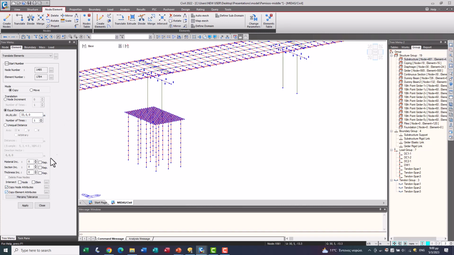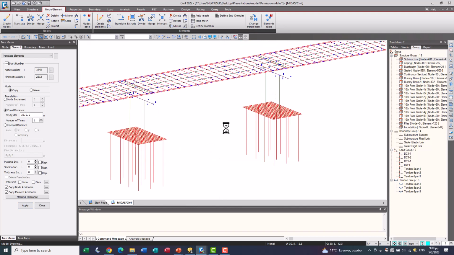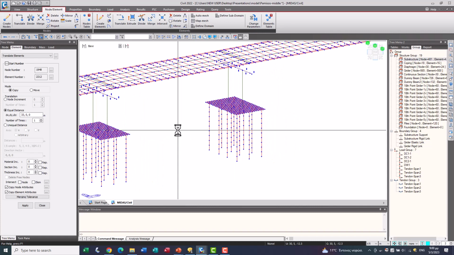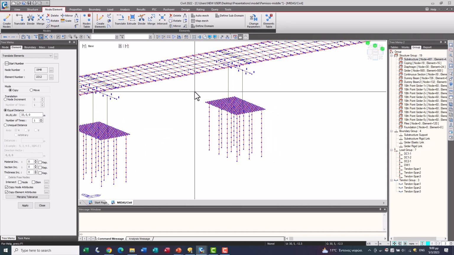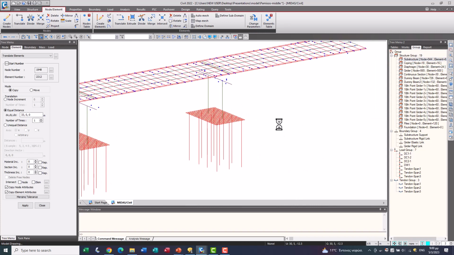We copy node attributes, apply. Oops. And now the supports have also been created. Also, we are going to activate this to assign this on the correct stage.